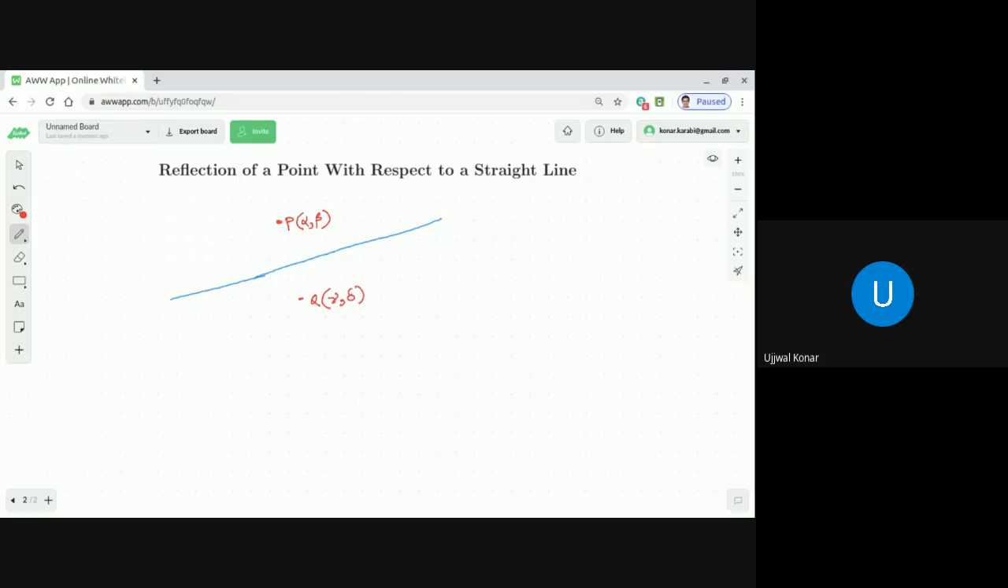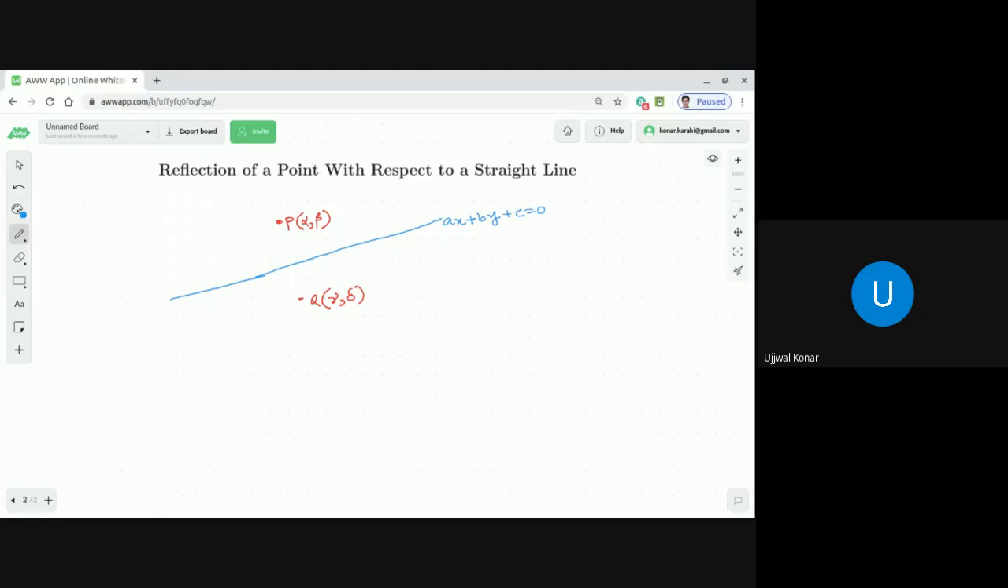And what is our task? Our task is that the equation of the straight line is given, suppose, as ax plus by plus c equals 0. So the equation of the straight line is ax plus by plus c equal to 0. We'll come to the general equation of a straight line, all these points, later. But the thing is that